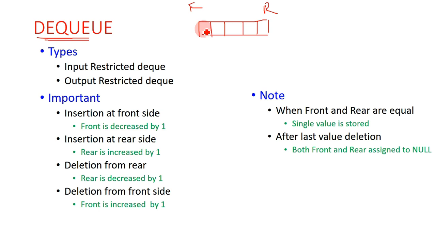So when we want to insert the first element, second element, third element, fourth element and the fifth element, which means the last element, the rear end reaches R. If we want to insert a new element, it will show us a message that the overflow condition is satisfied and you cannot insert a new element.